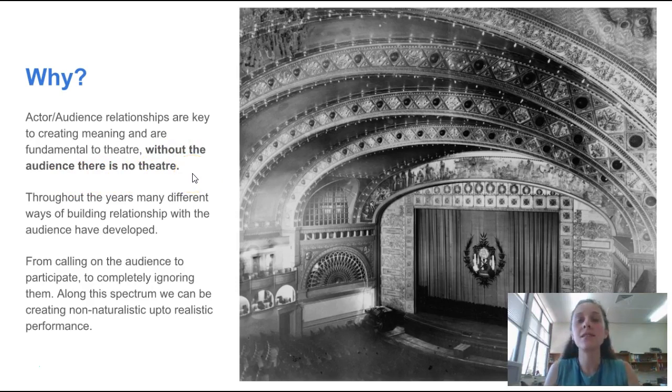When we're making decisions about how we want to interact with the audience or how we want to build relationship, there's a few different things that we want to think about, because depending on what we do, there'll be different meanings that are created from our performance, and things will be seen in a different way. So we're going to use one scene, one play, and apply these different techniques to see how it changes them. Our audience relationships can go anywhere from calling people up on stage to completely ignoring them and making the play as realistic as possible, as if they're watching it. We're going to look at three specific styles.